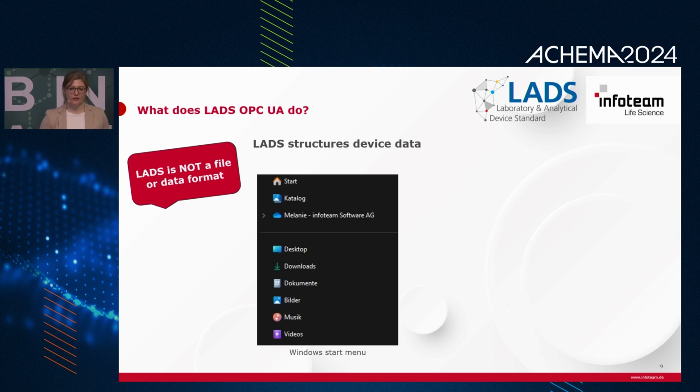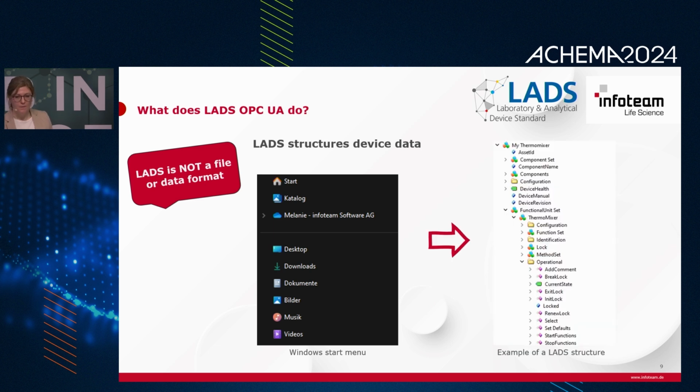But what is LADS actually doing? So it's a communication protocol. It's not a file or data format. It defines a rule of how to exchange information between two or more systems. So similar to your file structure on your computer, where you know where to find your PDF and Word documents, or your JPEG files in your pictures folder, LADS structures function, methods, and configurations of your lab device into similar groups. So that's called device type agnostic modeling,